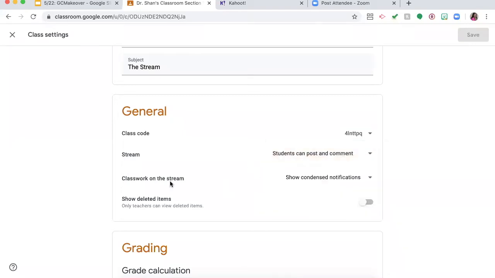All right, so classwork on the stream. Remember, this stream is not the place for classwork. I know it sounds like, wait, what? How will they find anything? But for classwork on the stream, show condensed notifications is usually what the auto setting is. I'm simply going to change that to hide notifications. So when I do that and hit save,